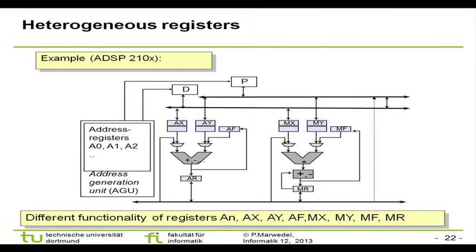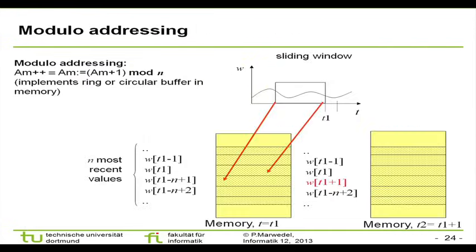Just summarizing, DSP processors are specially tuned for such runtime efficiencies, not that others are not tuned, but I am just showing how DSP processors are tuned, using these address generation registers and also heterogeneous registers. All these registers are not doing the same function. Here is an operational unit which does multiply accumulate in the same cycle. Okay. That altogether allows us to have a much faster operation. Now, we will break for a while and